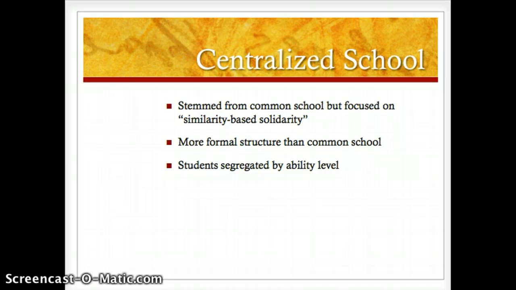So this new and much more diverse population needs to be educated on the same level, that this new standardization approach